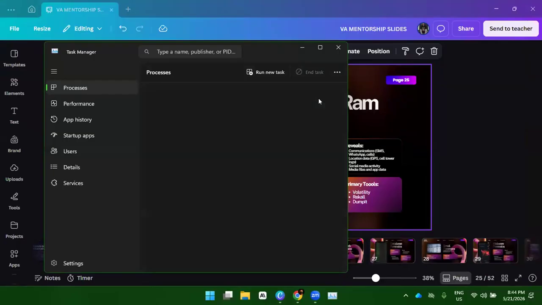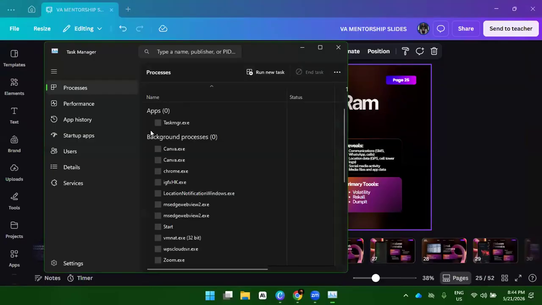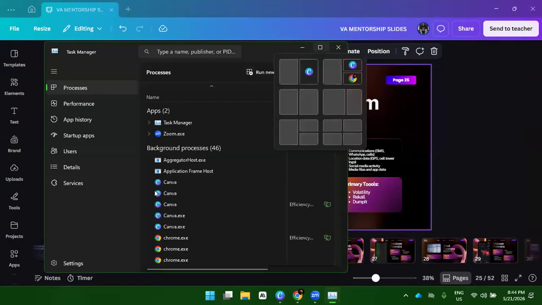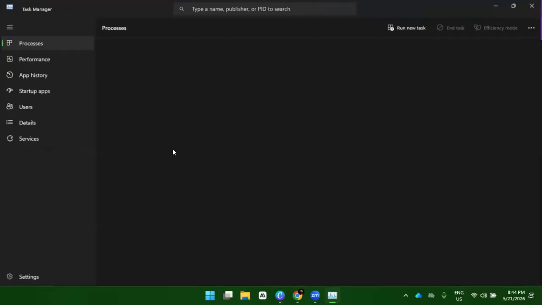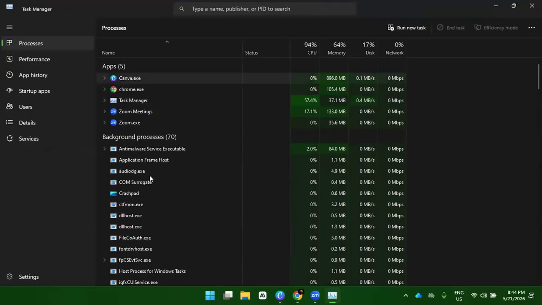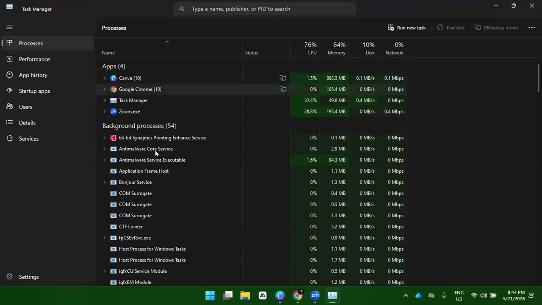When you go to your task manager, as you can see, I have a whole lot of things running, and if I want to close anything, I can close it. Or if there is something I'm seeing, like, okay, this thing shouldn't be on, or who exactly is controlling this thing, I can check the properties. Okay, where is this thing actually coming from? These are running processes on your devices.